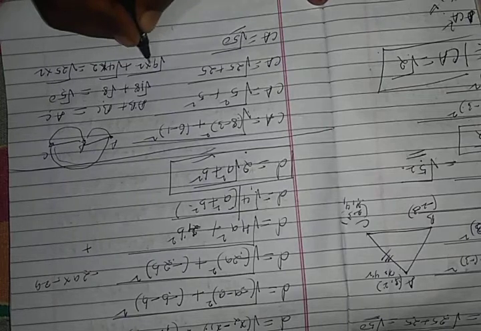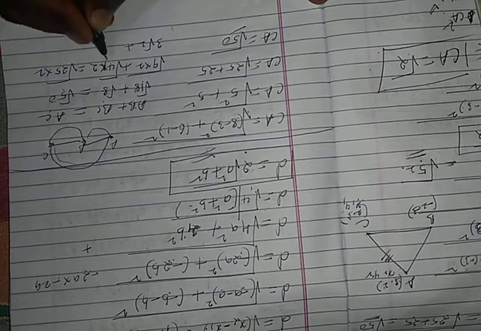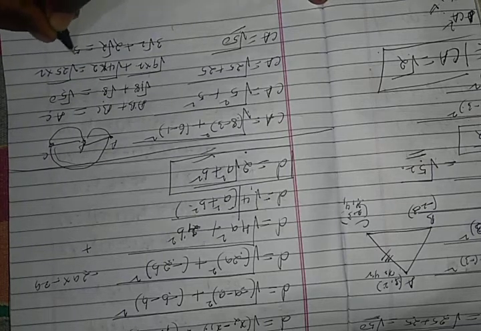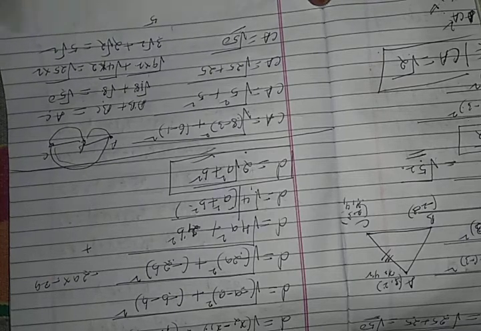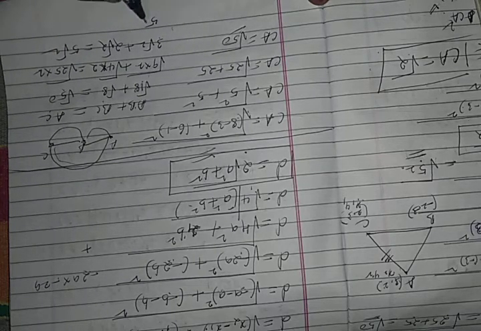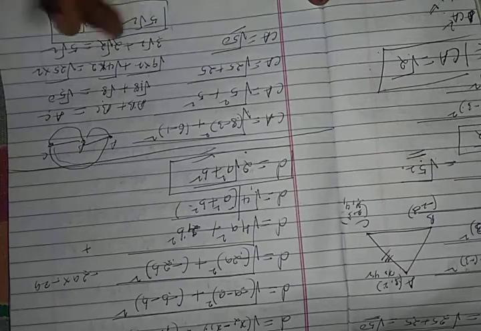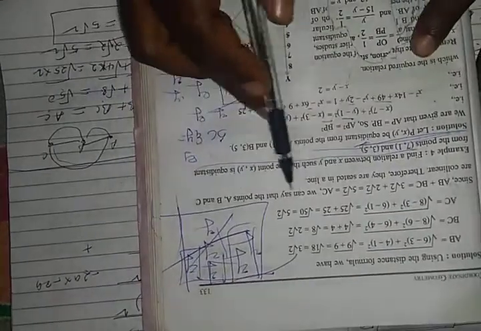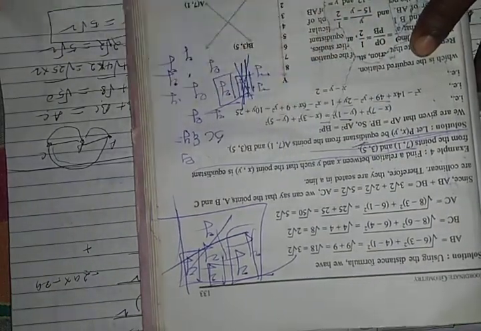Let us see, 9 into 2, square root of 9 is 3, root 2, and 2 is not a perfect square, plus square root of 4 is 2, root 2, and 2 is not a perfect square, then square root of 25 is 5, root 2. So 3 plus 2 is 5, and taking root 2 outside as common, it is equal to 5 root 2. Left side is equal to right side, therefore we can say the points A, B and C are collinear, therefore they lie in a line.